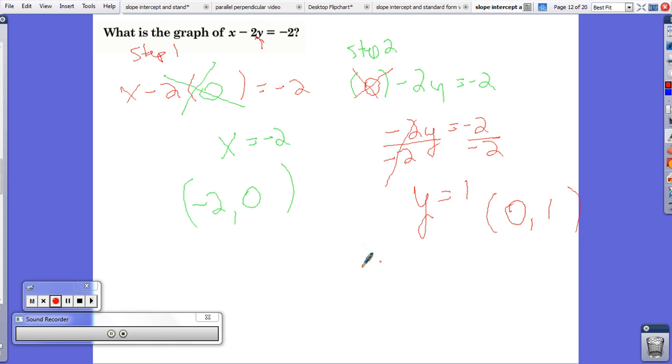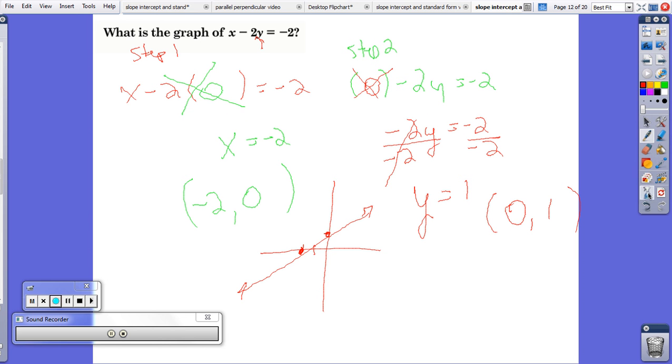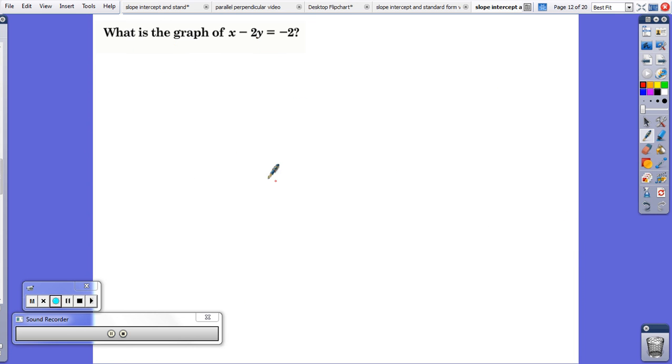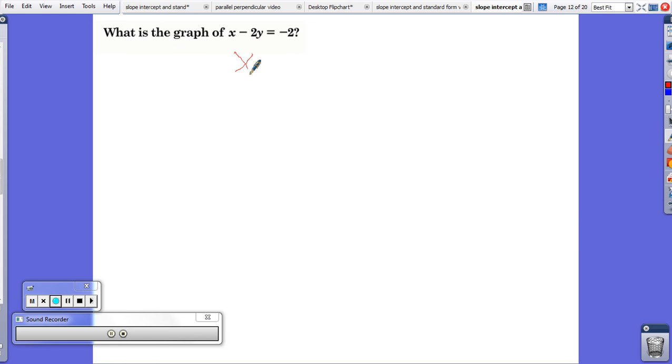So now I have my 2 points. When I graph, my first point is negative 2, 0. My next point is 0, positive 1. And there is my line. Okay? I did this by using the x and y intercepts. Now, I can do this also by transforming